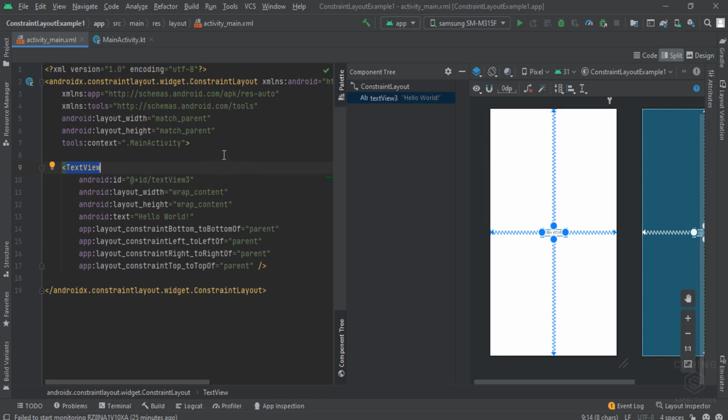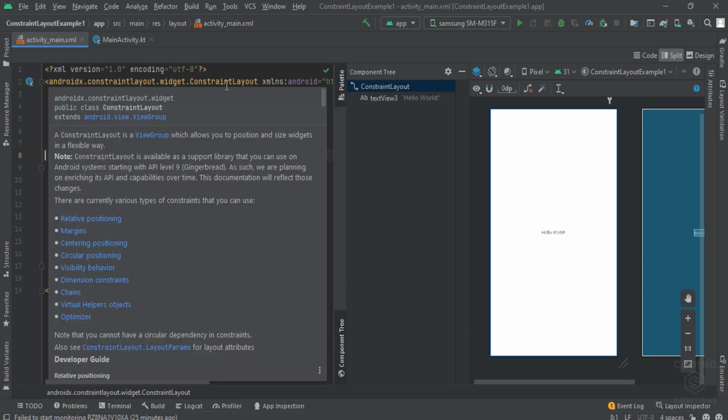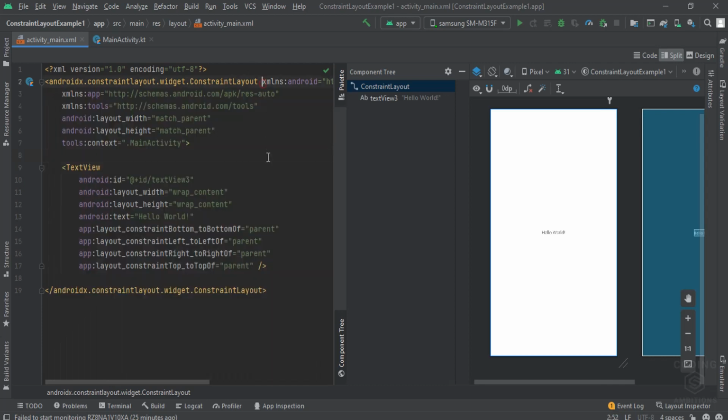First of all we will see how we can align views with respect to the parent. Now we come to the topic of constraints. Constraints allow the layout to follow some rules, or we can say some constraints which it needs to satisfy with respect to which views it wants to align itself. All those things are related to constraints.